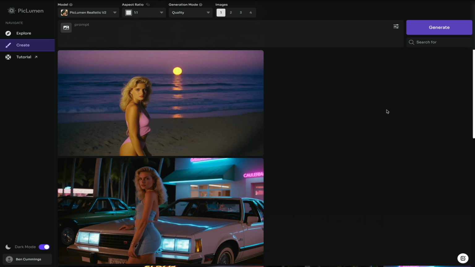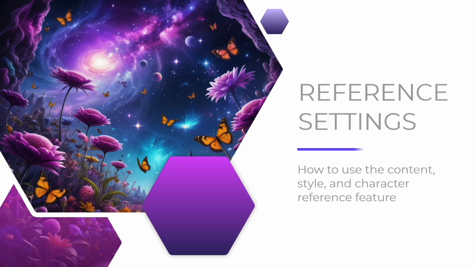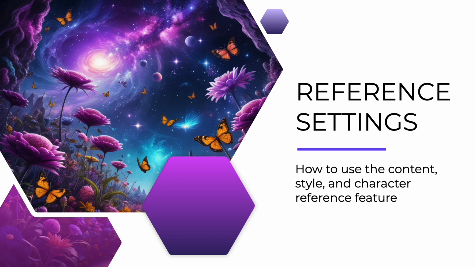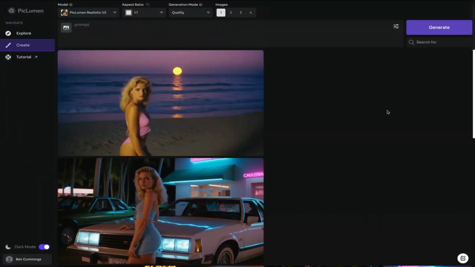Okay, moving on. The last thing I want to show you are the content, style, and character reference features. In this portion of the tutorial, I'm going to show you a powerful feature that allows you to upload an image and then customize and refine those images through content, style, and character reference settings. These features enable you to create images with specific themes, artistic styles, and recognizable characters, and it's super easy to